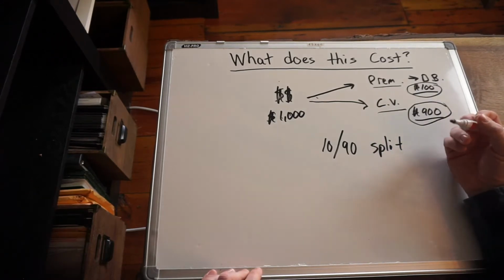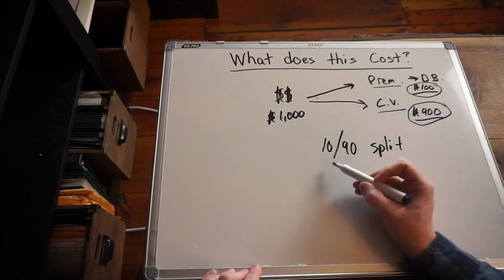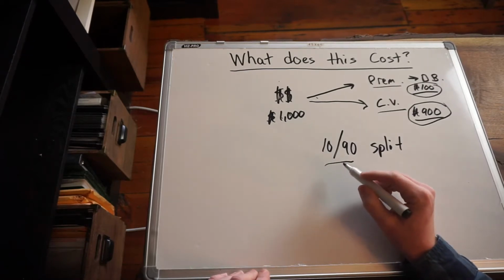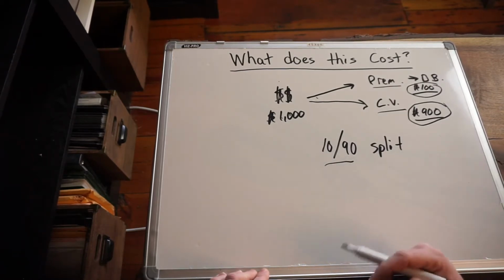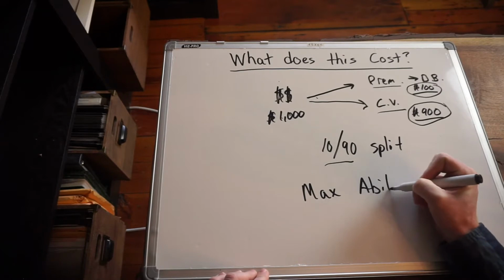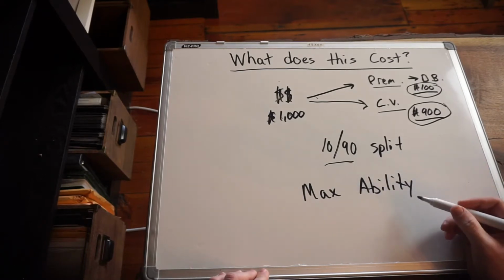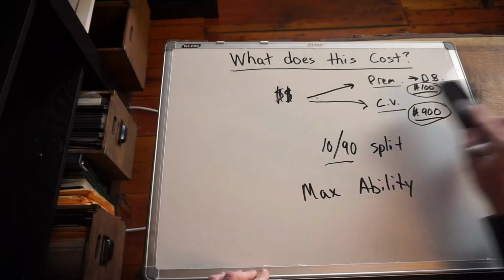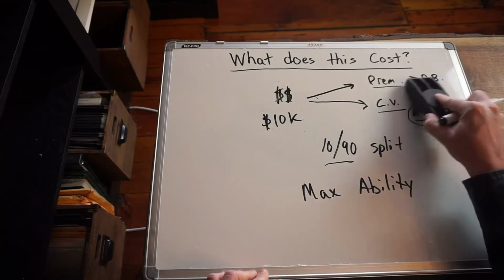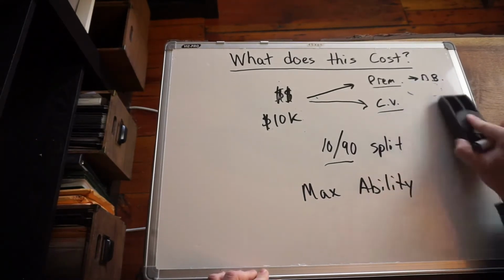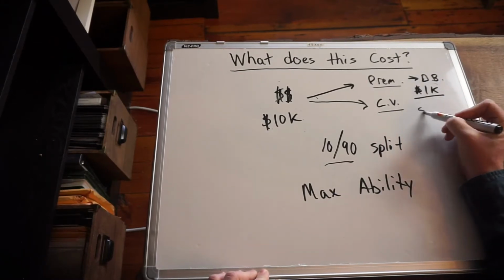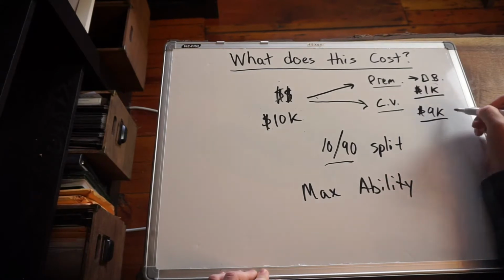Now, it doesn't always work out that way. If you want to fund it for a very long period of time, this split is going to get a little worse, something like 25-75, 20-80, depends on the company and some other scenarios. So the question to ask yourself is, what is the max you want the ability to be able to fund in any given year? So for example, if I want the ability to put in $10,000 per year into a policy, well, then I have to assume that if this is set up correctly, I'm going to be looking at something like $1,000 in premium or expense, with the remaining $9,000 being able to go to cash value.